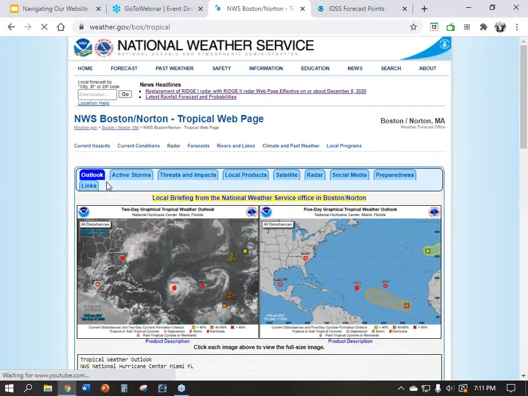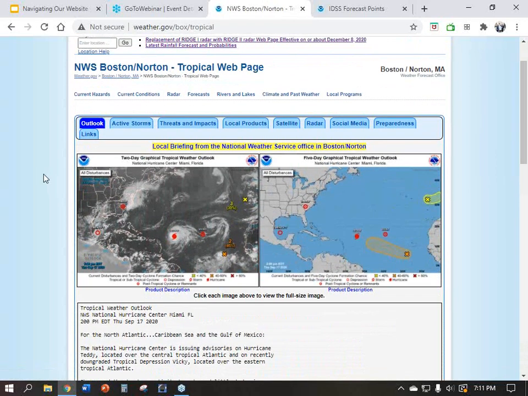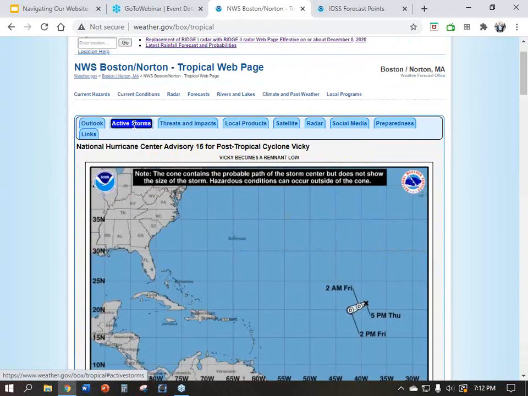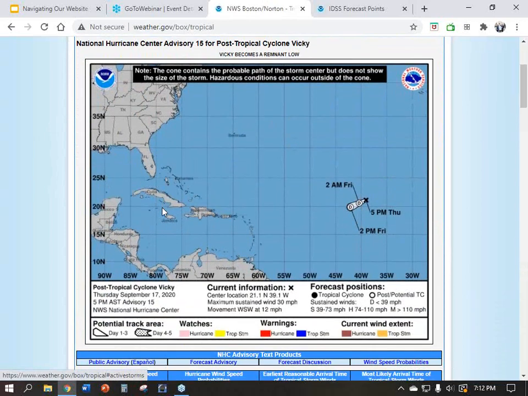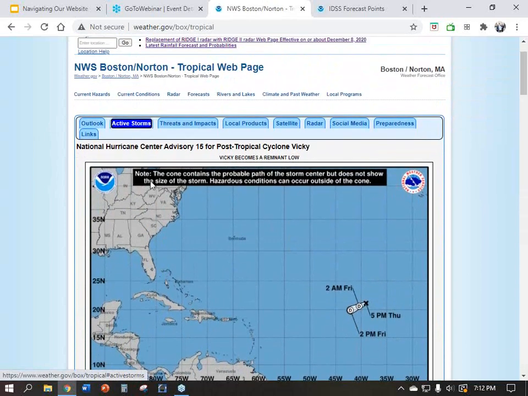So this is hurricane season. Look at that map. It's lit up pretty good. It starts off, this is all tabbed, and you can see we have the latest outlook here. You get the 2-day graphical outlook and a 5-day graphical outlook, so you can click on these and get more information. If we have active storms, we can see what's going on. I think it has just one at a time, so it's putting Vicky there, which is the latest in the